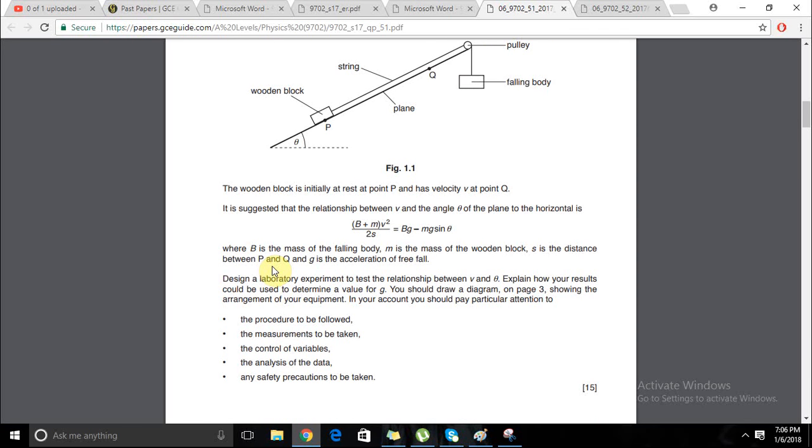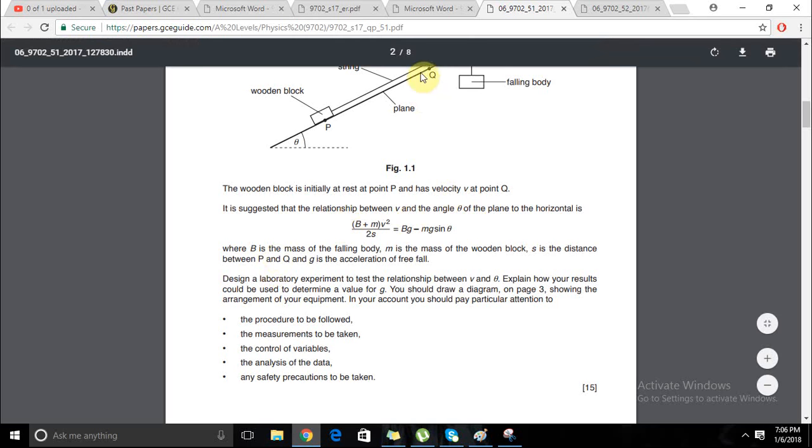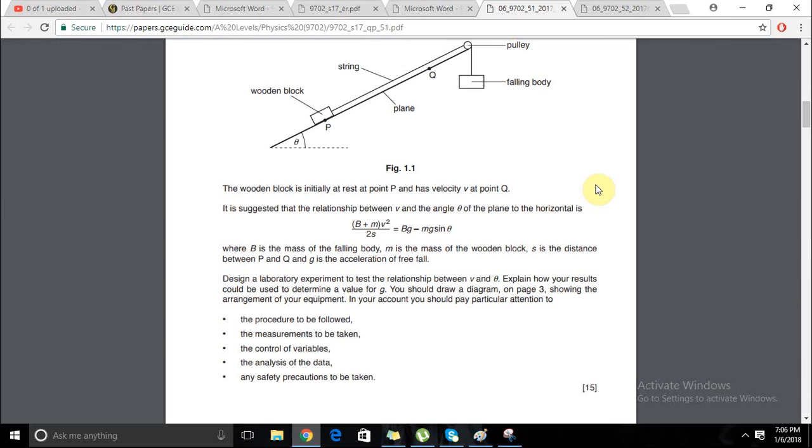So it is suggested that the relationship between v, which is the velocity at this point, and the angle theta of the plane to the horizontal, so there is apparently some sort of a relationship between the v by the time it has accelerated to a fixed point Q, meaning the distance P to Q is the same, and the initial velocity would be the same. What we're altering is basically likely to be the angle theta, and we're observing a subsequent change in the velocity at Q